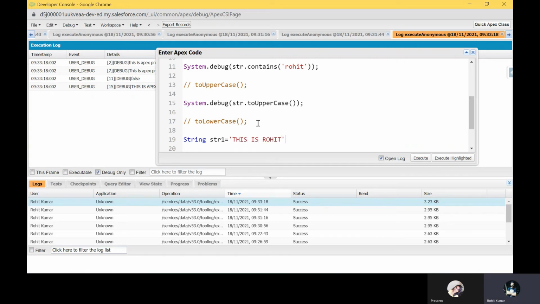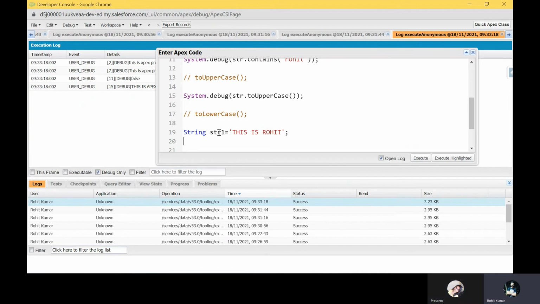I want to do this manipulation with the help of toLowerCase. Just system.debug and use str1, because I want to make this string small.